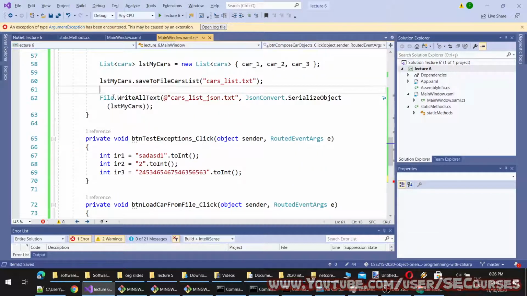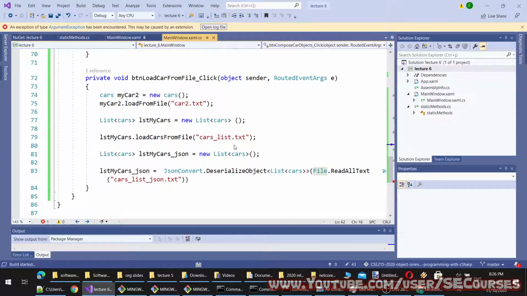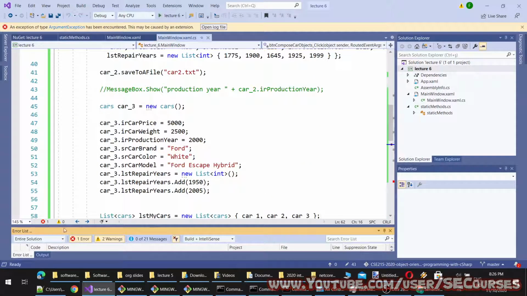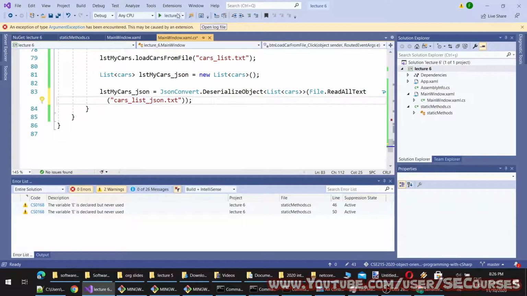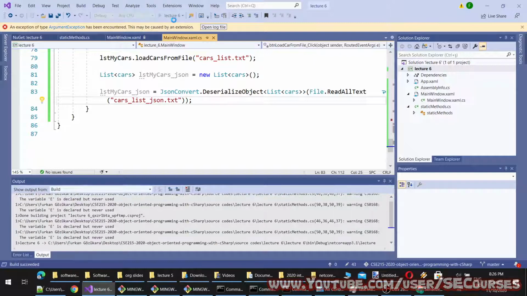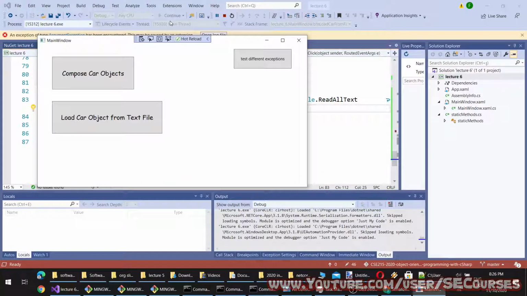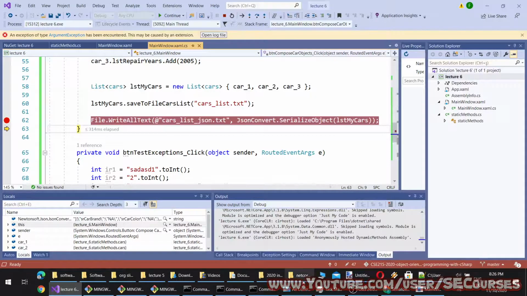Okay, and let's check how it works. So I'm running the application. You see, we have just written 2 lines of code instead of doing so many methods and coding. Okay, as expected. So we have spent almost an hour, maybe more, to just write a primitive save and load, and it could get broken every time we change the structure of the class. However, with JSON, it is fully dynamic.